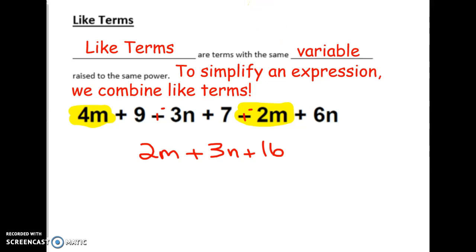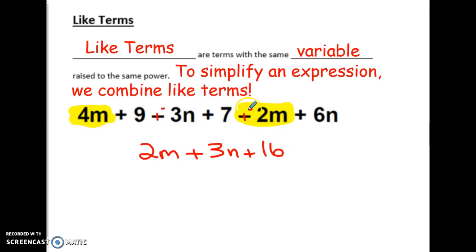The next thing on your note sheet is to remember what like terms are. Like terms are terms with the same variable. Remember, that's the letter. You're also going to see some examples that are raised to different powers or exponents. Okay, this example doesn't show that, but I'll make sure I give you another one that does. We need to often simplify an expression like we talked about in the last example, so we make sure we combine like terms. So sometimes doing that with a highlighter is very helpful, like I've highlighted the m's, 4 m's,